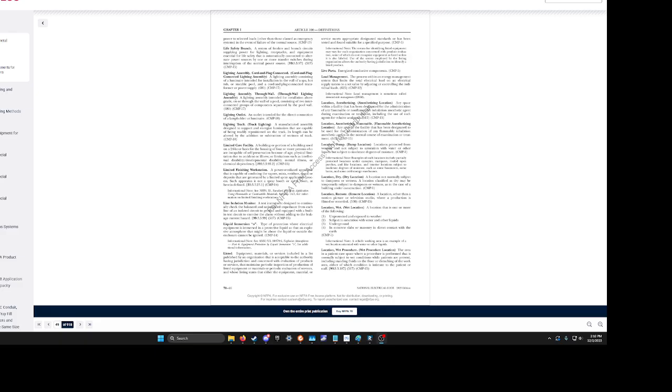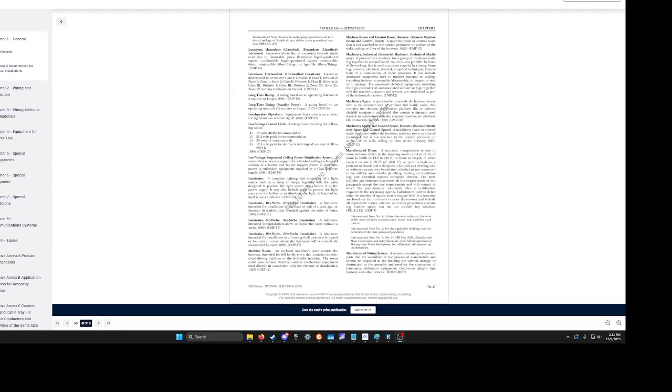Location wet, a location that is one or more of the following: unprotected and exposed to weather, so like an outdoor location without any walls. Subject to saturation with water and other liquids, so an area that maybe has open sprinklers, like a greenhouse. Underground, pretty self-explanatory. In concrete slabs or masonry in direct contact with the earth, so like a storm cellar. Okay. Next page